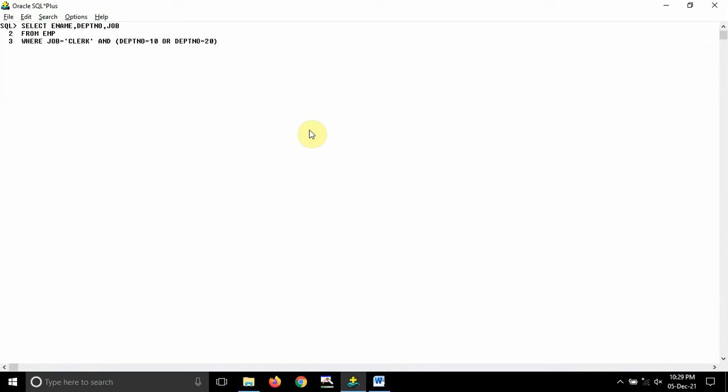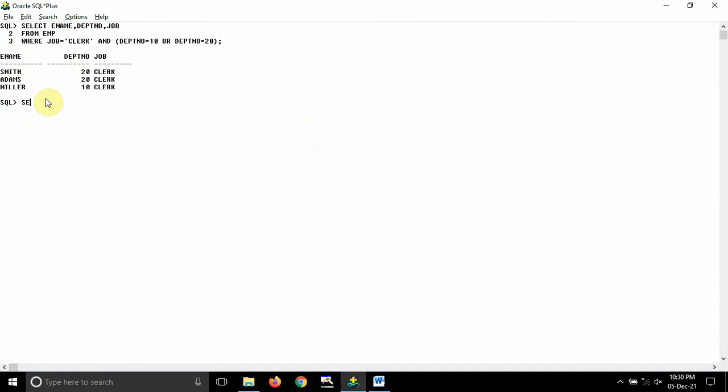If you don't write like this, then you will not be getting output, and I will be showing that case also, but just see the output for now. Okay, so this is the output, guys, and these are the 3 employees who are satisfying the above conditions. So what if I don't use brackets here? What will be happening? I'll just show you.